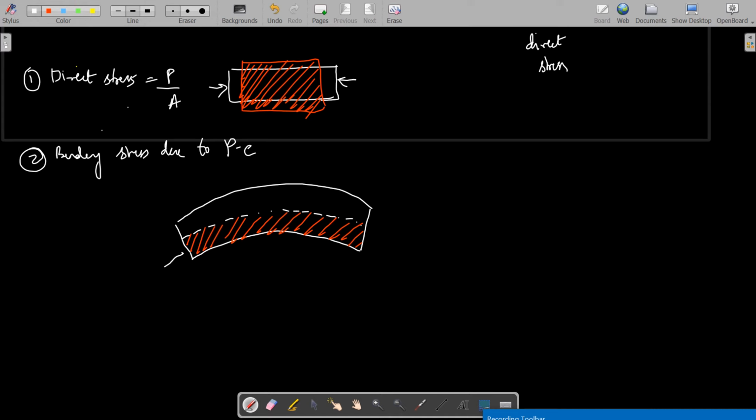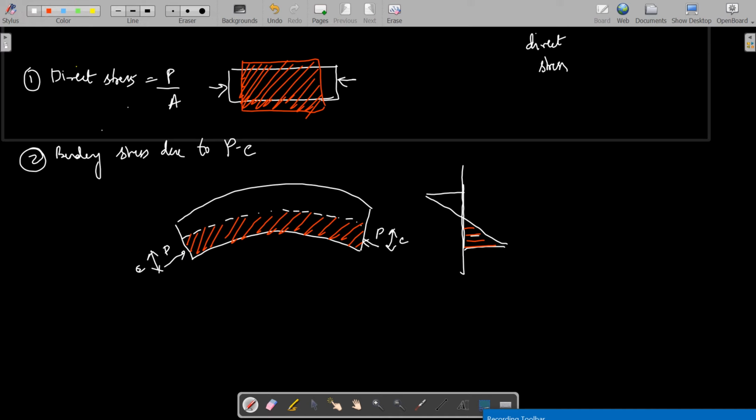This is due to the pre-stressing force and eccentricity. In the last case, there was no eccentricity, that's why we didn't have this bending stress due to this eccentricity. So if I draw the bending stress diagram, we have the axis like this. Positive we will take as compression and negative we will take as tension. So it will be tension at the top and compression at the bottom. So this is compression,